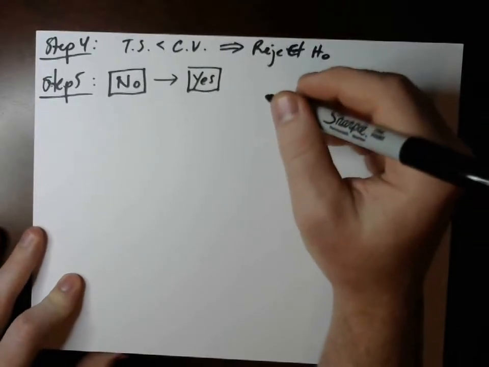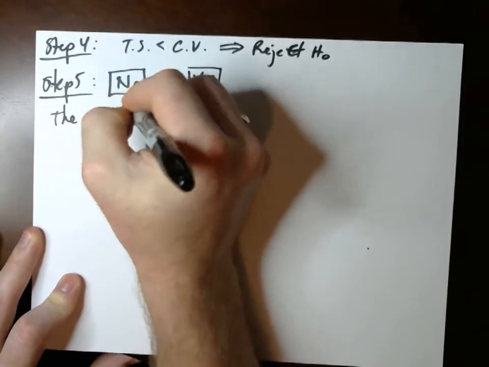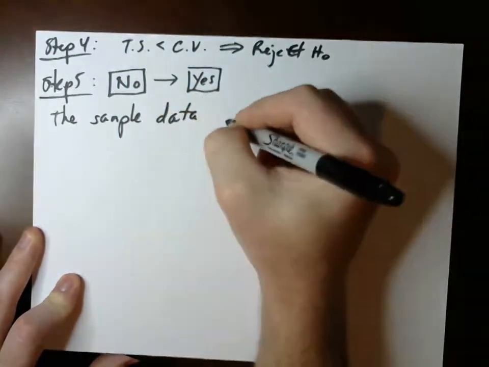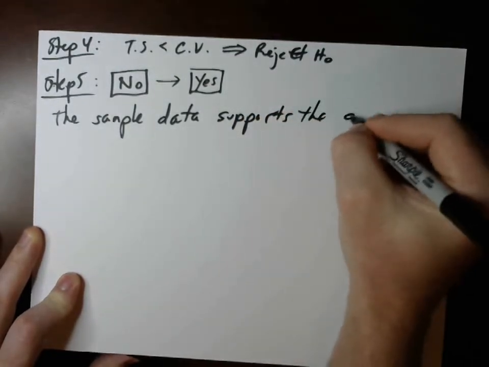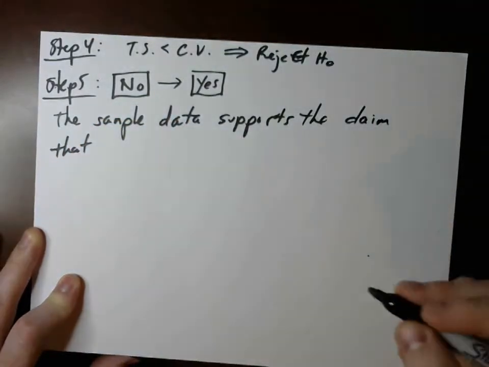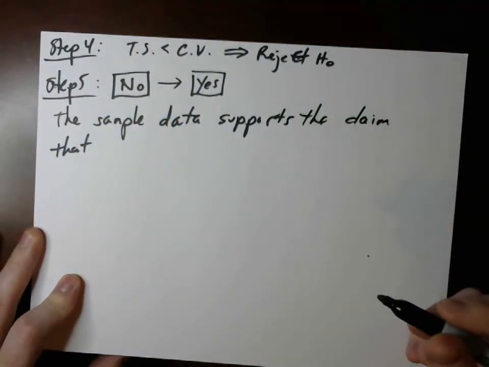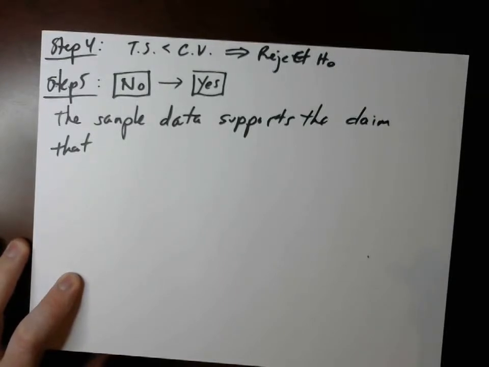So the sample data supports the claim that, and then the original claim. So we just copy and paste our original claim to make sure the sentence flows. So the sample data supports the claim that